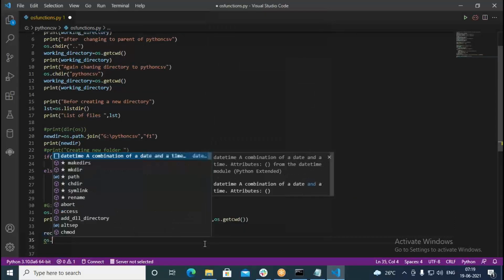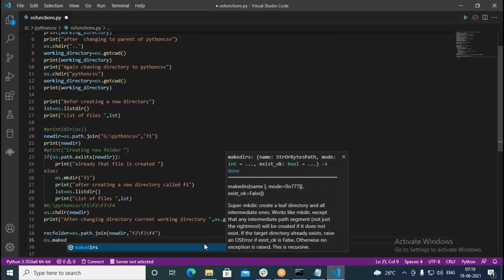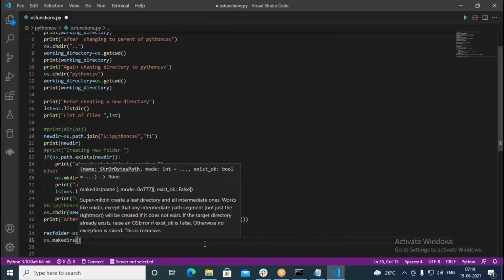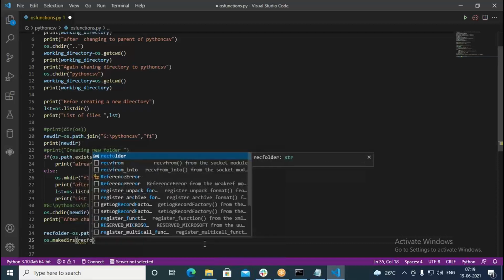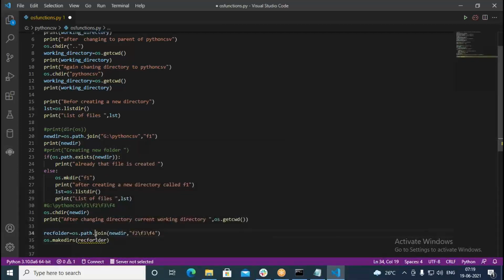Right here, the os.makedirs command we use, then right here rec folder. Okay, so what is the spelling? An extra letter has come. It is rec folder, recursive folder.